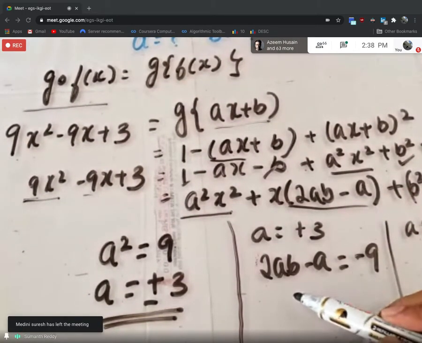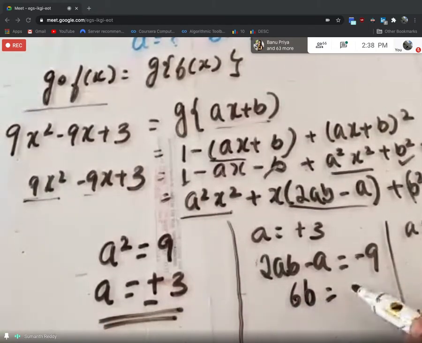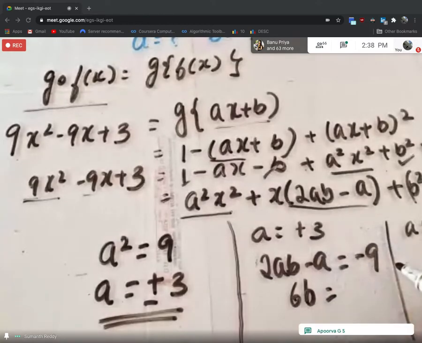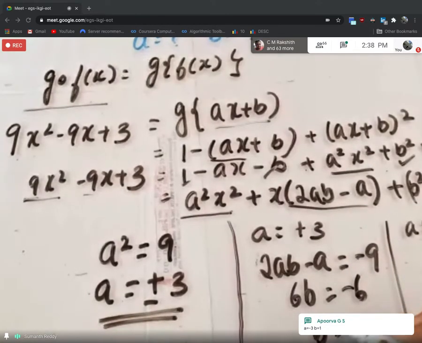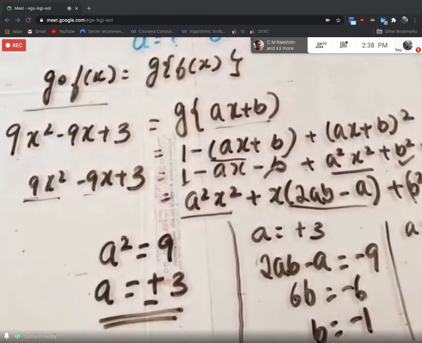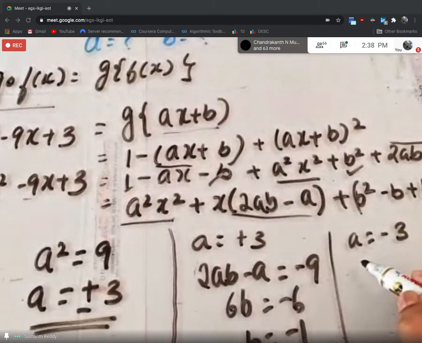So based on this, if I simplify, what I will get: 6b is equal to minus 9. This side, if it comes, it will become plus 3, so minus 6. So b value is equal to minus 1, you will get. That is one solution. And another one is, suppose if you take a as minus 3, then it will be